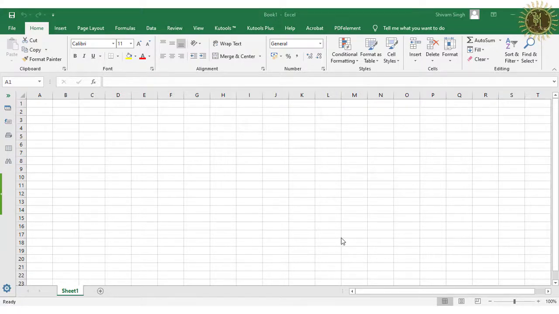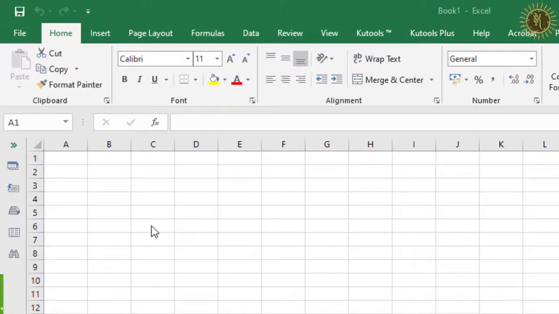The first is to select a single cell. Whatever cell you want to select, just move the mouse cursor to that place and click once. You can see that this cell has been selected and the border of the cell appears bold. That means your cell has been selected.